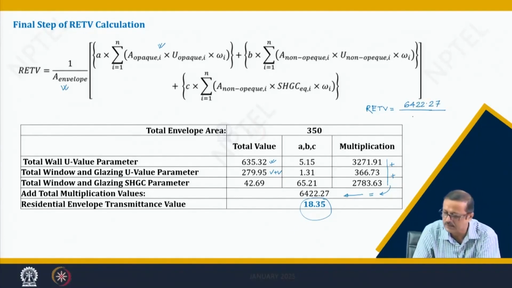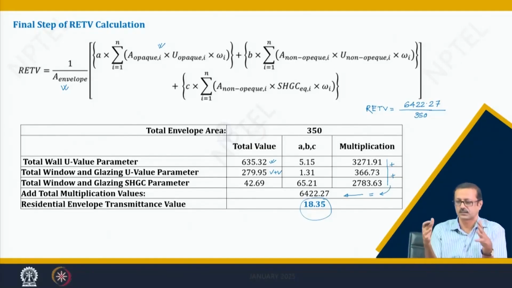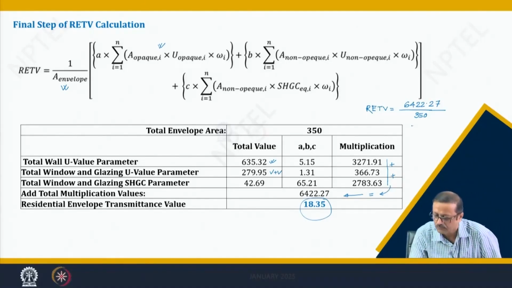The envelope area is 350. It includes all the areas, the wall area and the window area, fenestration areas and all, and that gives me 18.35